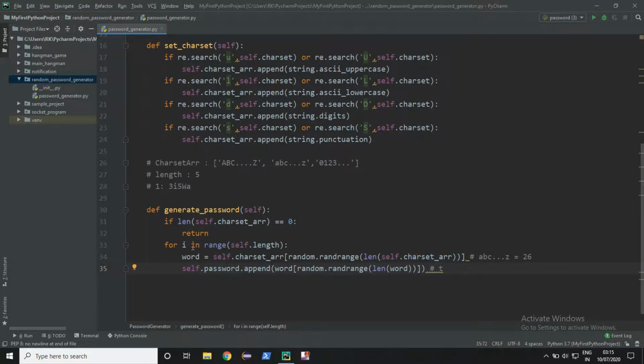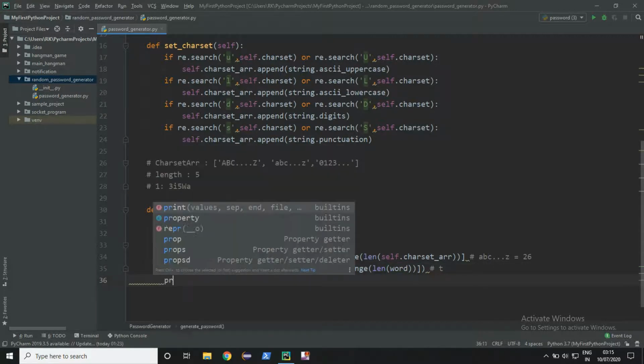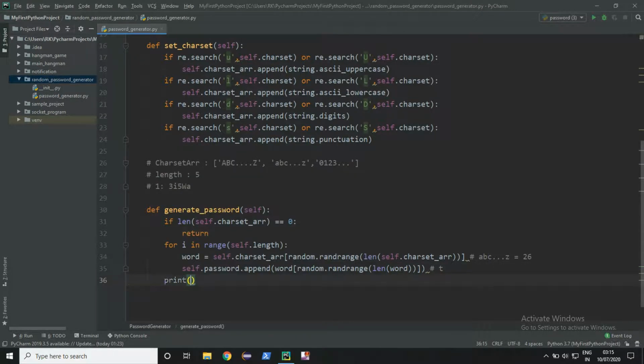Now this loop will keep on iterating up to the length given by the user. After this we will simply print the password we got, that is, random generated password is.